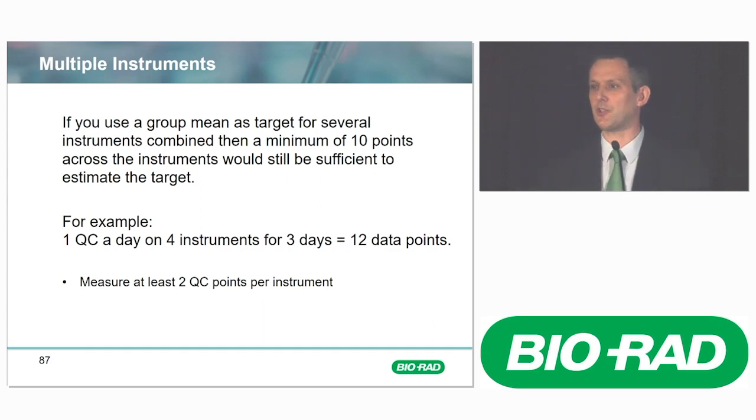If you have 10 instruments, you could say, oh, I can do it in one day. I run 1 QC on each one of them, and there I go. Be careful if it's just one result, because that could be just a little bit of a difference for that day. Measure at least 2, or just 2 or 3 points for each instrument. But that is actually giving you quite a lot of power, and it's probably better to do it across a couple of instruments for your selection of your target than just to do it on one instrument.